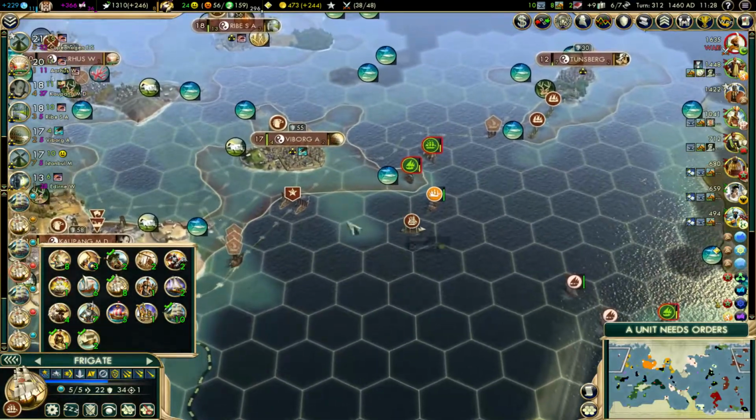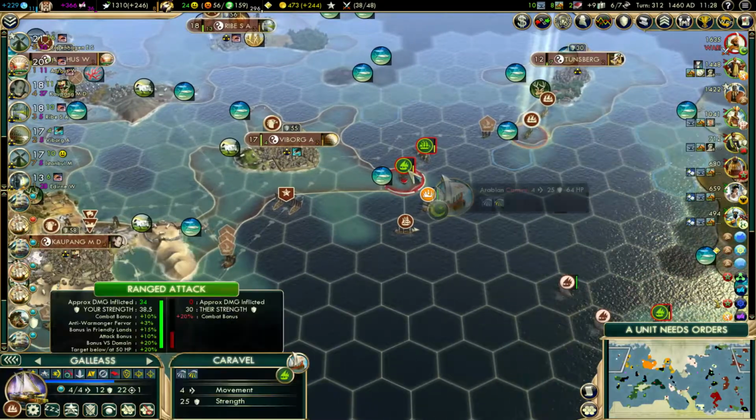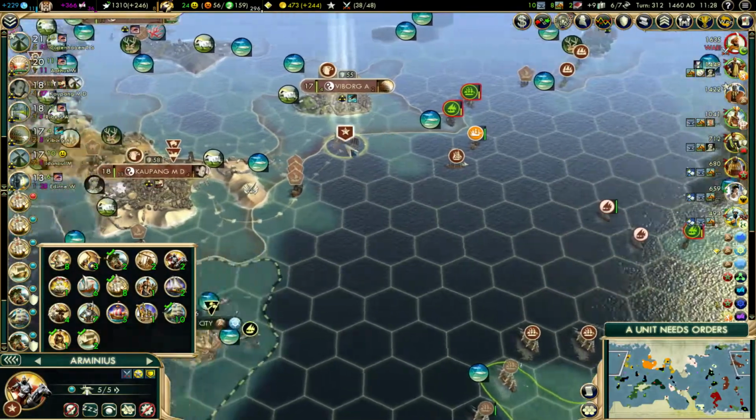Oh, and more Zulus around. Sorry, I noticed these 2 units. I'm not sure if I noticed that during the game or not. These are just galleasses, so they can't actually help. We have a...